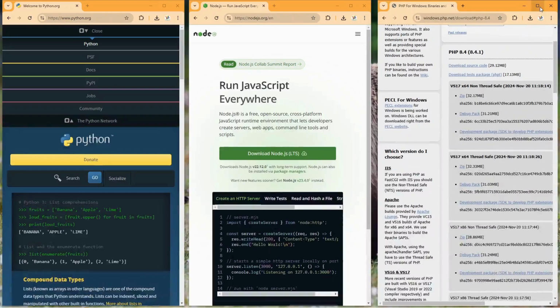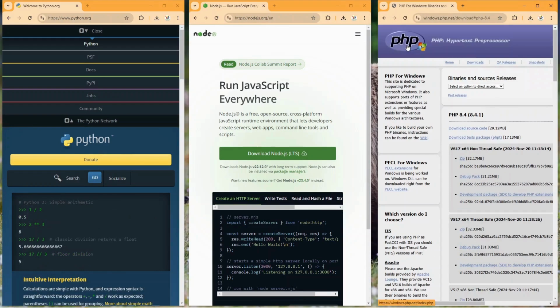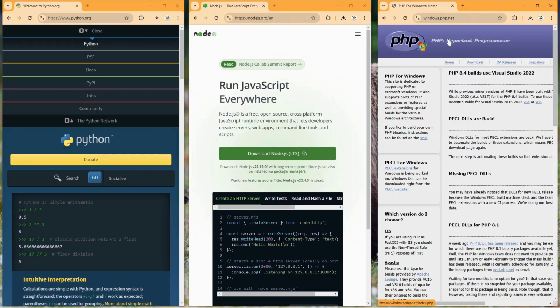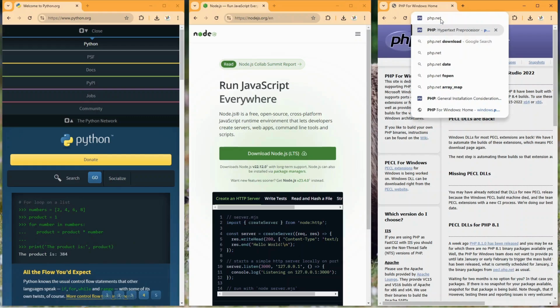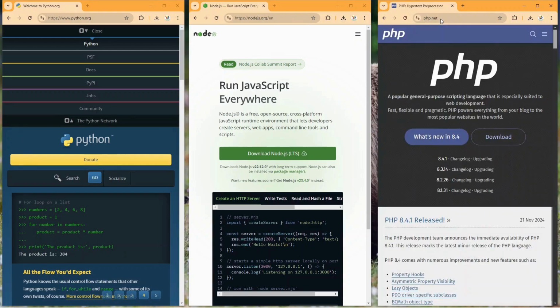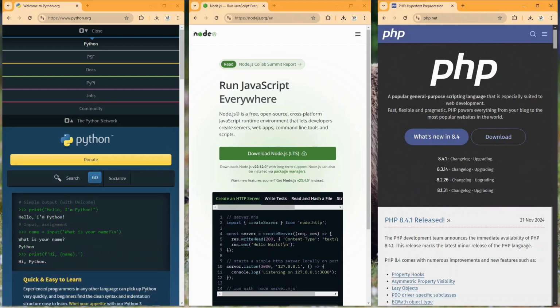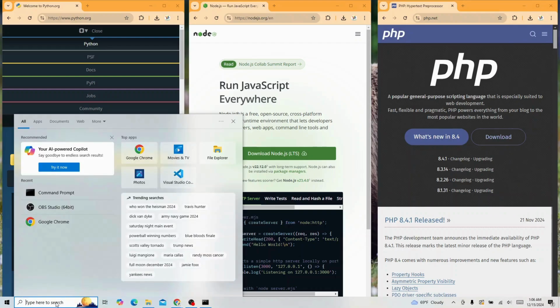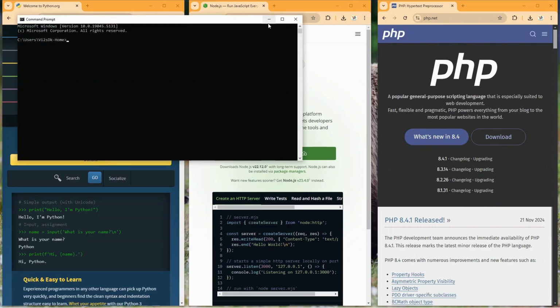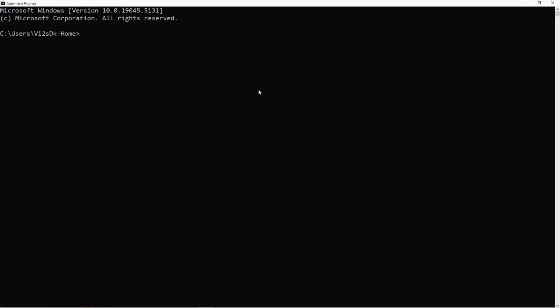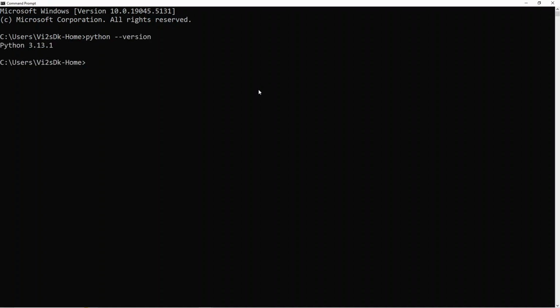Can close out all the different pages, but just to double check before we get out of here, let's go ahead and do a quick test. We're going to do a thorough test later on. Let's just make a quick test to make sure that everything is working fine. So we go to our command line and open it up, type cmd from Windows or terminal if you're using Mac. So for Python, you can type in python --version. It should tell us what version we're using,